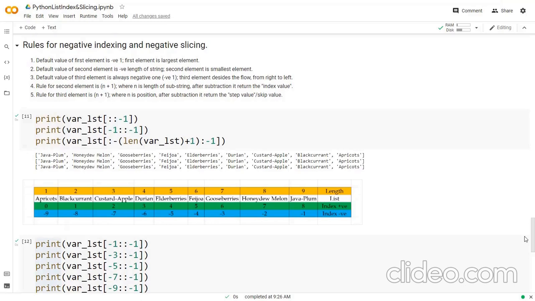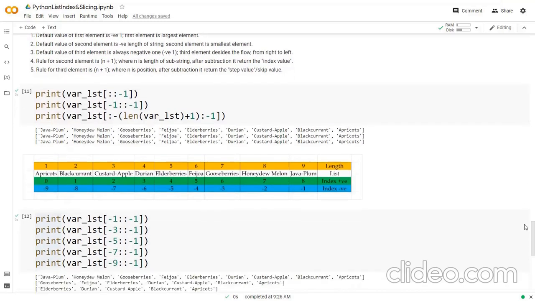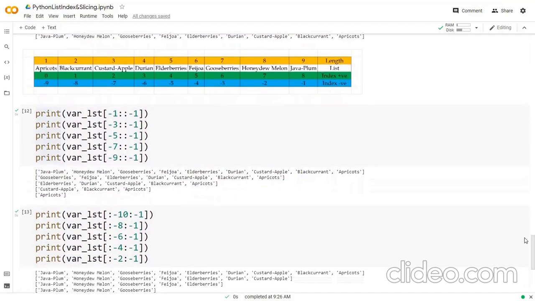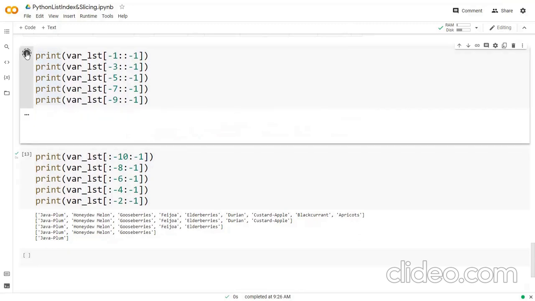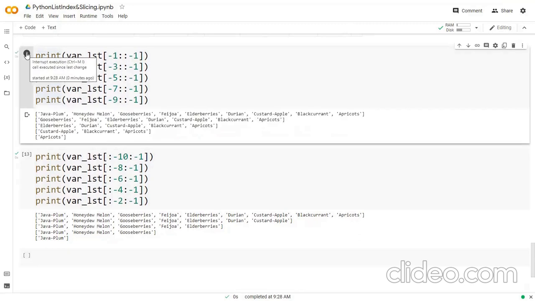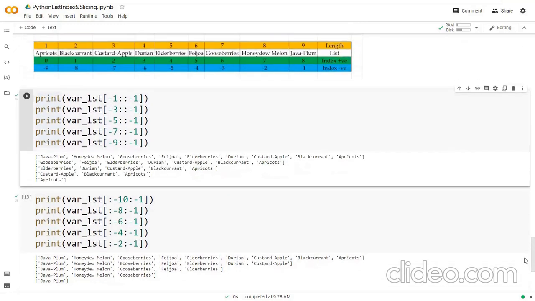Now when you see this one, you will find that your values look like the below one. The first element is -1, and we are taking the second element as default, and we are getting the below result. Same in the case of the second one, where we have the first element as -3. Now let me show you the image so it will be more clear.